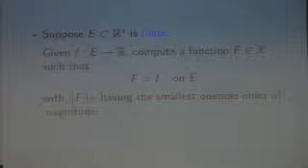All right, we're going to be interested in algorithms. So given a finite set E contained in Rn and a function, we'd like to compute an extension capital F that agrees with a given function on E. A tolerance would be nice also, but let's walk before we run. So let's just try to get capital F to equal little f exactly on E, and with the norm or semi-norm of F having the smallest possible order of magnitude. How do you compute such a thing? What's a good algorithm? Okay.